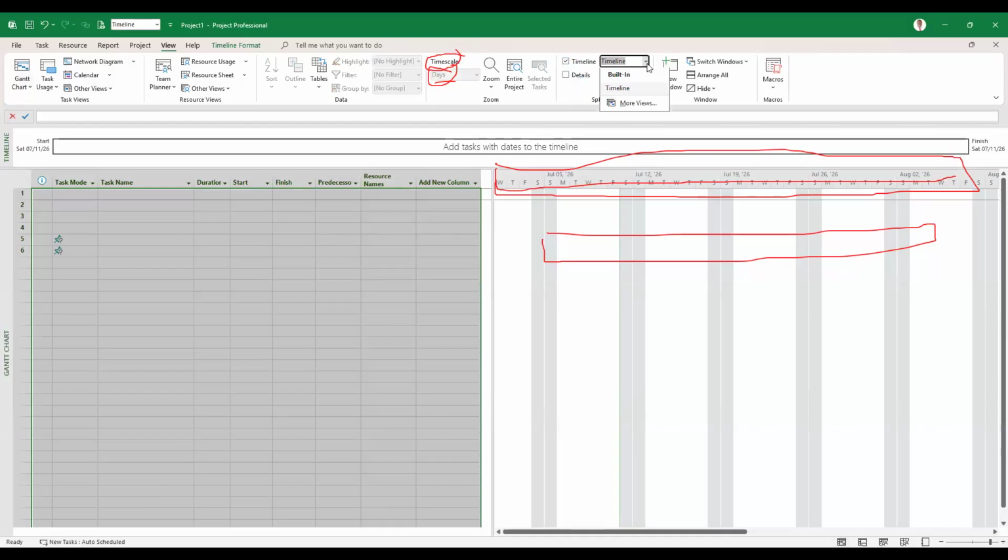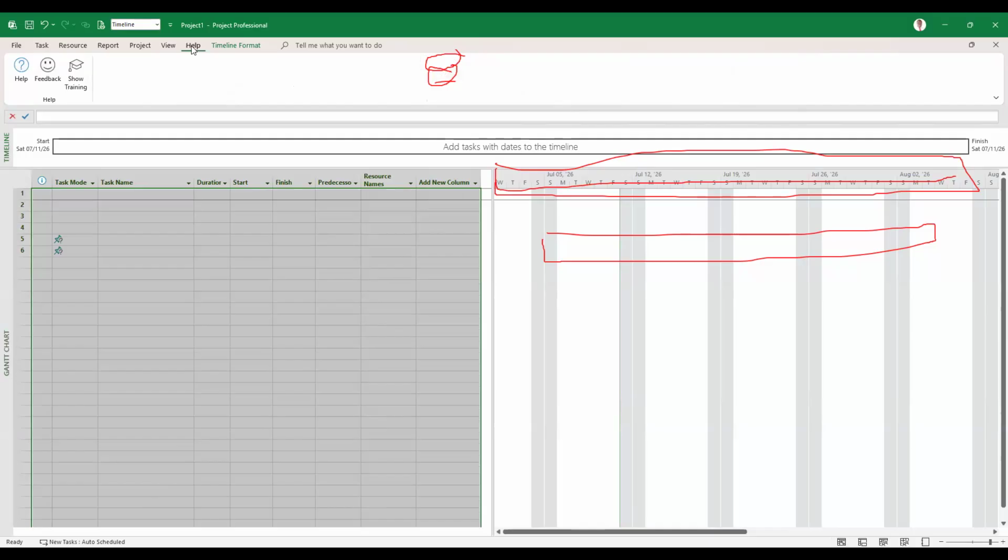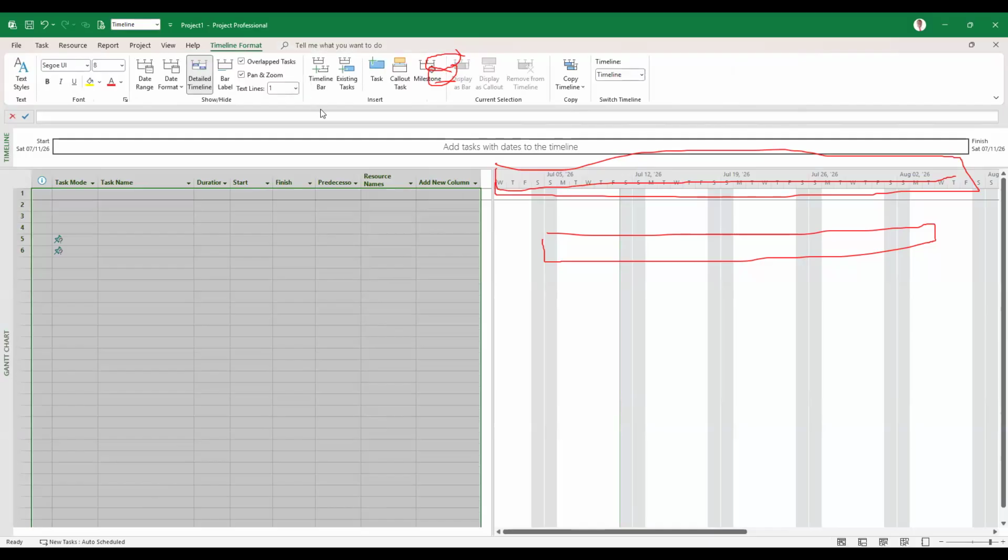All right. When you check the timeline, it will show for you to see. And then the windows, new windows, and all of these macros. We will not cover macros. But these are things we are going to go through as we go along. And then help. If you need help, you go through some of this. And then timeline